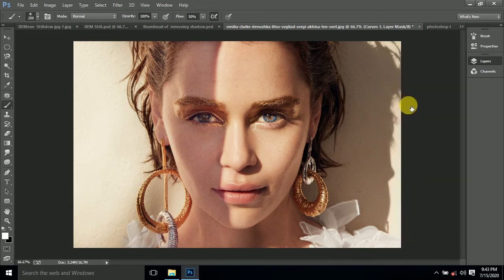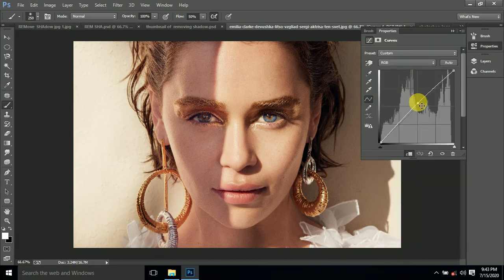So go on the mask and go to the red channel, blue channel, and change something. Click on the line and drag it down.